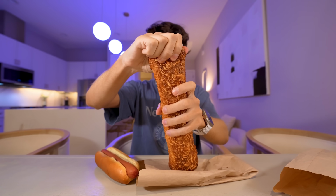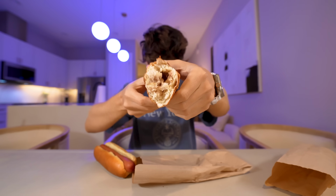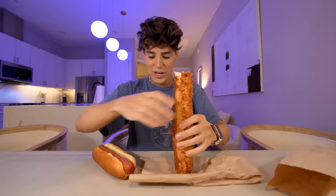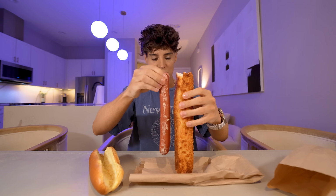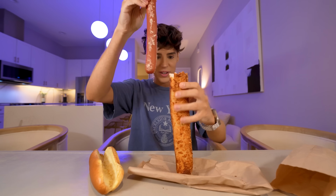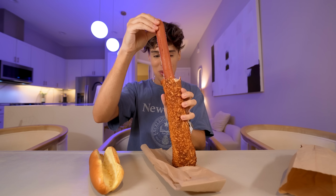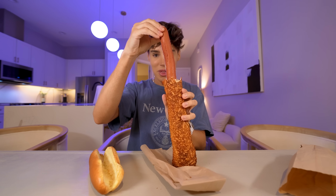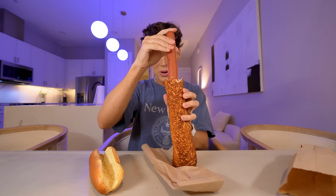We're going to remove the top from this. I don't think we need to make a hole. There's some shredded chicken in the center. I wish I had 2 sausages, but that also wouldn't be quite right. So there's no way to do this quite right. I think one will be perfect. We are going to insert the sausage in the Costco seat. Oh, that is satisfying. That is also the thumbnail of this video. Wait, I don't want to break the sausage though. Oh, my sausage is...